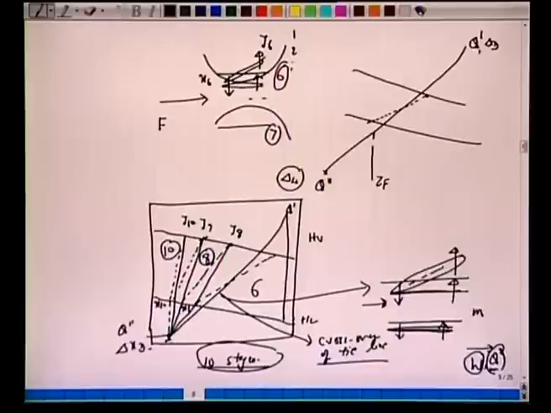Okay. Now there is one more thing here. One can start from this point also. So instead of starting from the top product, we can also start from the bottom product. We will do the same once again: when we cross this feed line here, one has to do the calculations connecting with the top product.